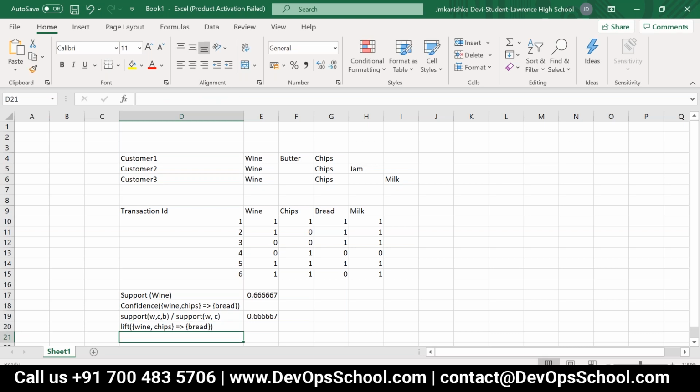The formula will be support of wine, chips, bread, divided by support of wine into support of chips.